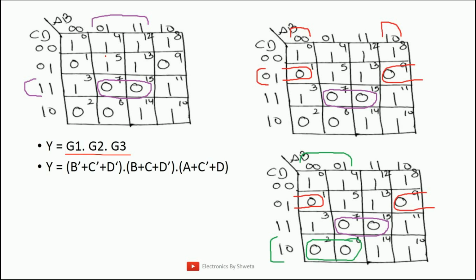First group G1. 0, 1, 1, 1. Variable B is not changing and is having value 1. But now we are going to write down the answer in POS, hence the reverse order will be followed. That means B is equal to 1 will be written as B bar. On the other hand, C is equal to 1, D is equal to 1 for this group area, hence C bar, D bar. So this is the first answer, product of sum.